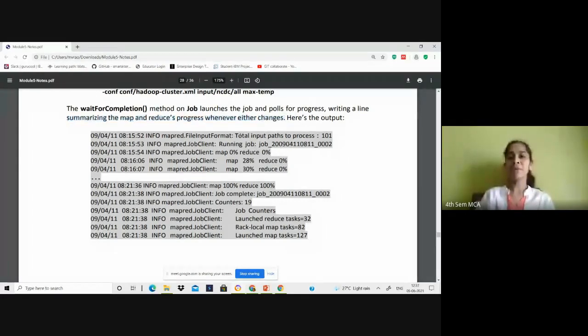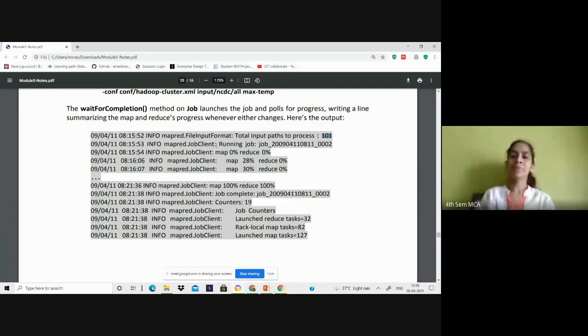being executed. In this case, you can see here map reduce file input format. In this, total input paths to the process. How many input paths are given? Your entire NCDC data set is zipped into 101 zipped files, and each file is given as an input split to your map reduce job. Okay, so there are how many input paths here? Total 101 input paths, 101 zipped files from which the data is read.